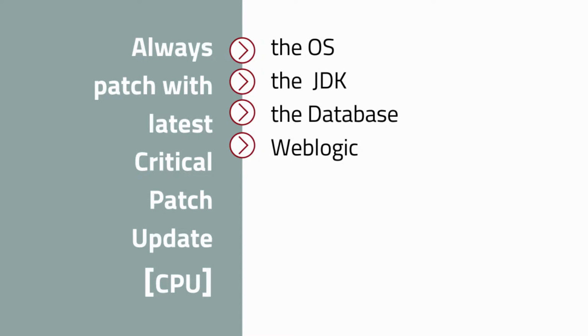patching these systems, and there are various different types of patches that Oracle puts out. There are patch set updates, hot fixes, and critical patch updates. And these critical patch updates are roll-ups of all these security patches, and they're released on a quarterly basis. So when we're patching an environment, it's not important just to patch WebLogic with the latest set of patches, but it's important to patch the database as well, of course, the JDK, and obviously the operating system. So all these things need to be and should be kept up to the latest patch sets in your production